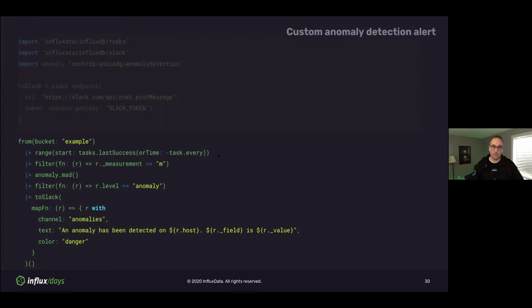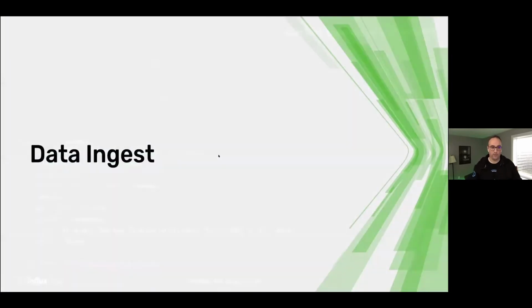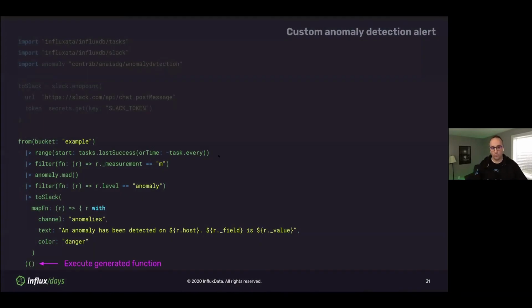So in this case, again, this is a factory function, meaning it's a function that generates another function. If you're looking closely at the syntax, you might see the empty parentheses at the end of this and say, oh, there's a typo. But that is actually incredibly important because those empty parentheses actually execute the function generated by the toSlack or the endpoint function. So this is just an example of a really basic, simple, custom notification script or alerting script that